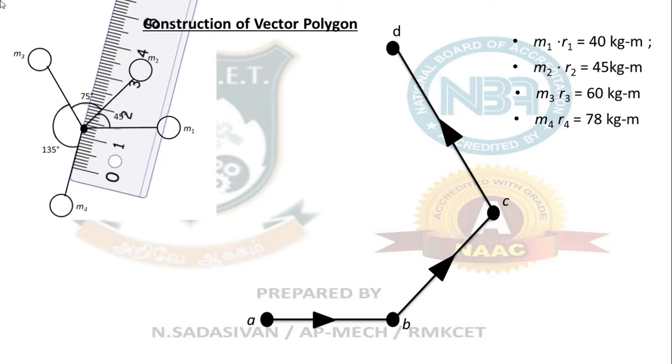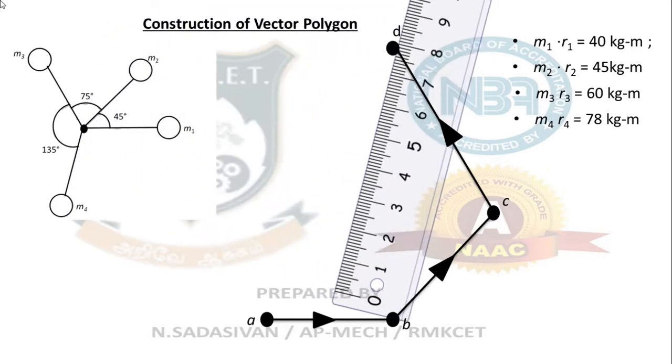Okay. So now the remaining fourth one, put your scale like this and bring it to point D. Okay. What is the magnitude of the fourth force? 78. Okay. So I have kept it somewhere around 78. So your point 0 point is here. Now I can put the dot here. Now that gives me this vector. Put the line, put the point at 0. Now this is 78. Draw the line.